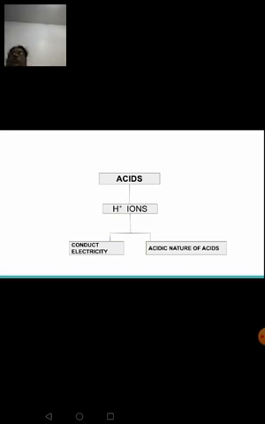Right? So we saw the hydrogen ions present in hydrochloric acid and sulfuric acid. When it was taken in the beaker and when the circuit was closed, the bulb that was attached was emitting light. So acids conduct electricity because of the hydrogen ions present in them, or you can say the hydrogen ions present in the acids are solely responsible for the conduction of electricity.